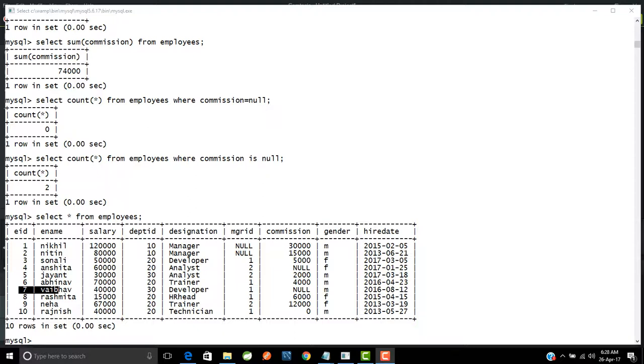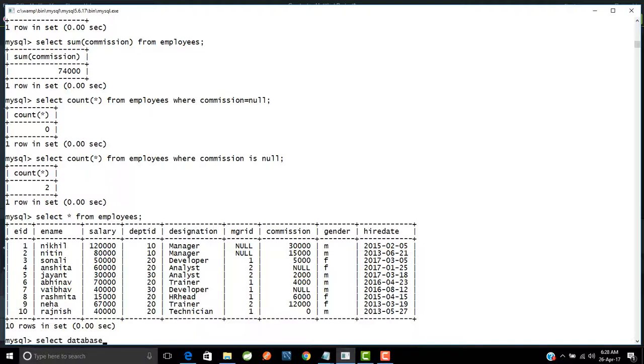Continue our discussion with the group functions. So we will take a look at a few practice queries, and we will try to better understand how group functions work, and how we can apply them. So this is my employees table, and this is my database. For example, if I go over here,